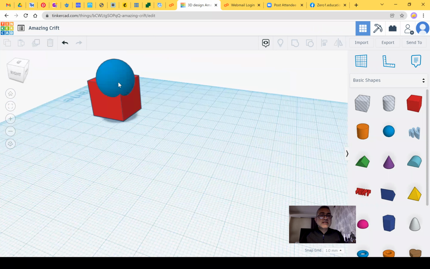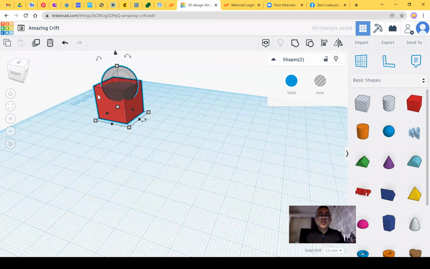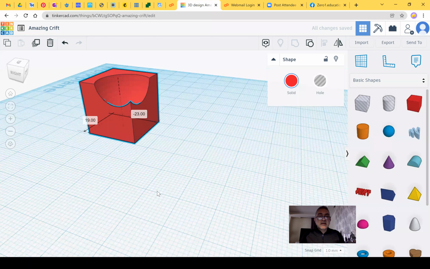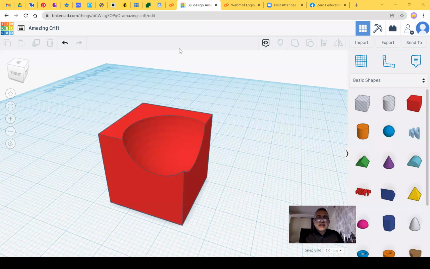Okay, I will transform my sphere into a hole. I will select the cube. I will click on the group, and as you can see now, I have another form of my cube, which is the combination of